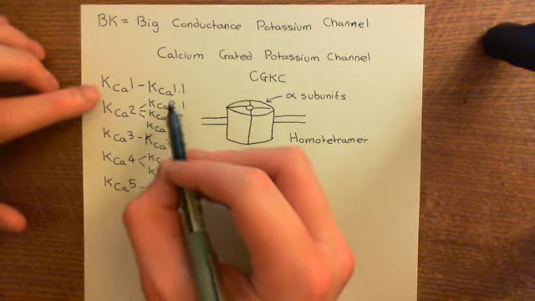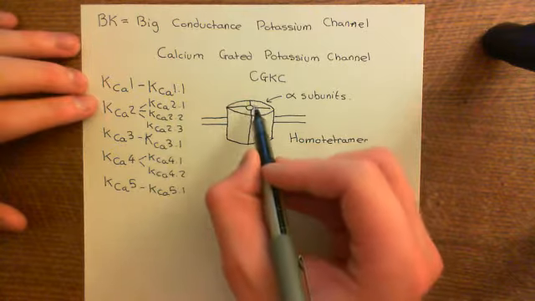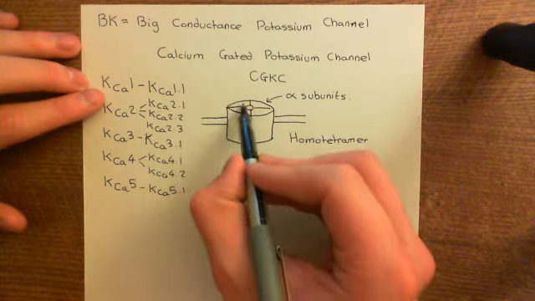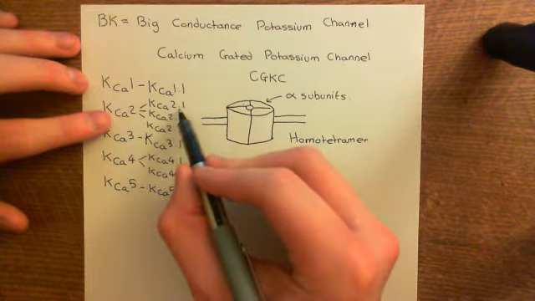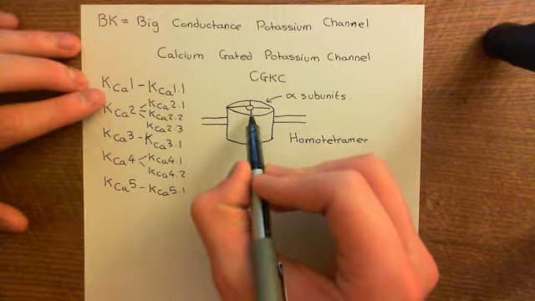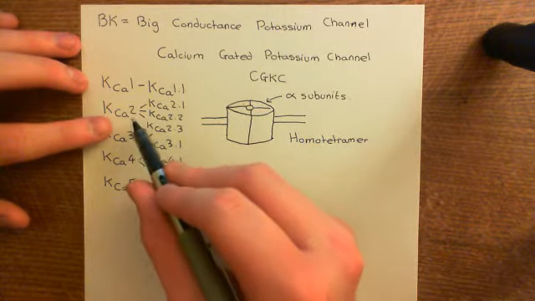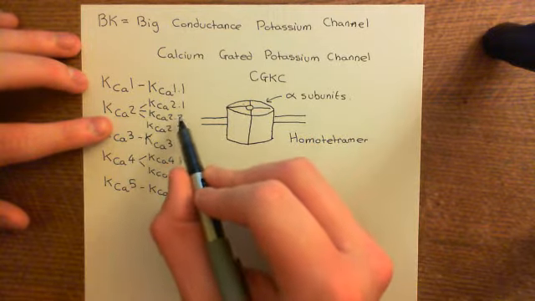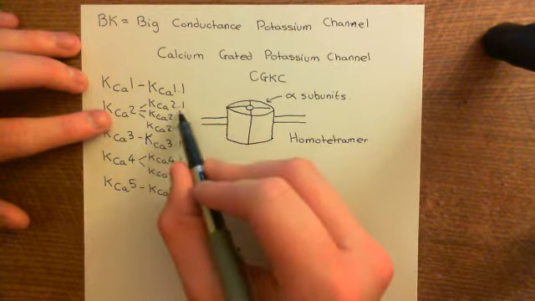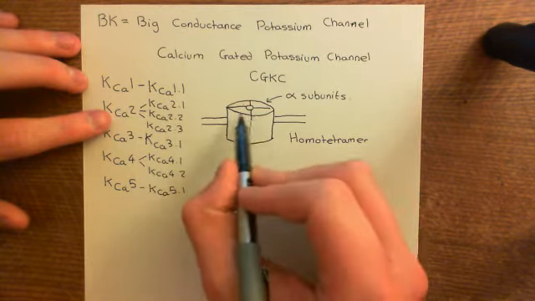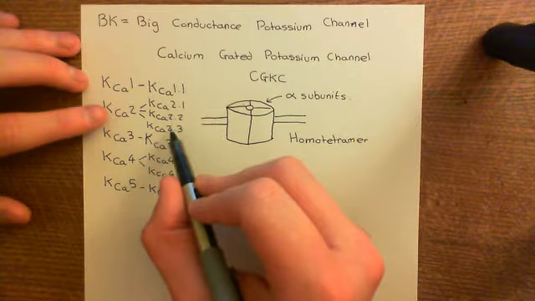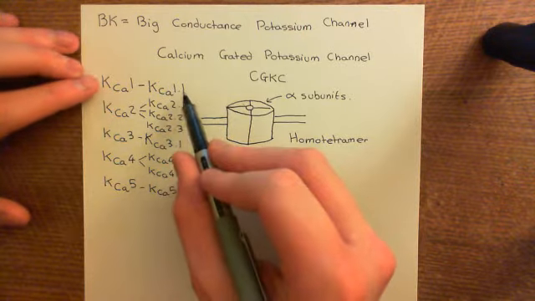You can't mix across different families. I cannot use the KCA 1.1 gene to make 2 of these alpha subunits and then use the KCA 2.1 gene to make the other 2 alpha subunits. You can't do that. If you're in the KCA2 family, you can mix and match. So you could have 2 alpha subunits made of the KCA 2.1 and then the other 2 made of the KCA 2.2. You can mix and match between members in the same family, but you can't do that